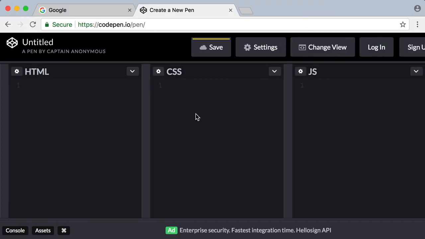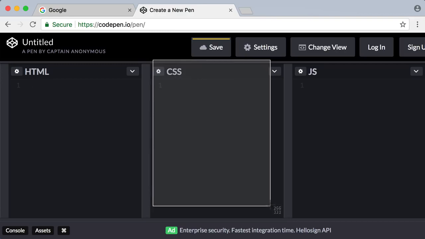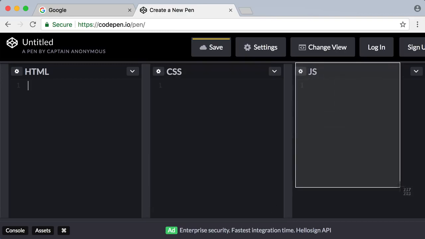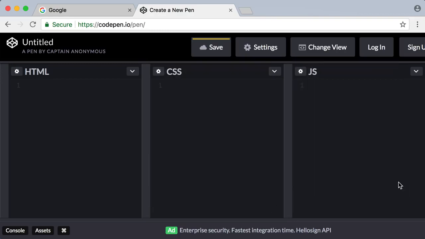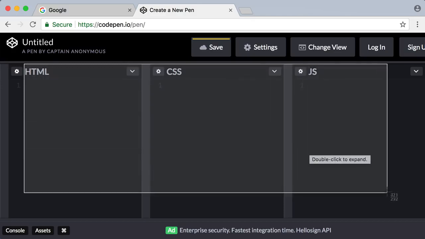What is this screen? Well, each pen that we create is like an empty canvas, or a playground, or playpen, or an experiment where we can code. So we see that there are 3 columns. The first is HTML, and then CSS, and then JS or JavaScript. Now this is a course that is focused on JavaScript, so we are not going to worry too much about these first 2 columns. But the big picture idea is that these are the 3 languages that web pages are